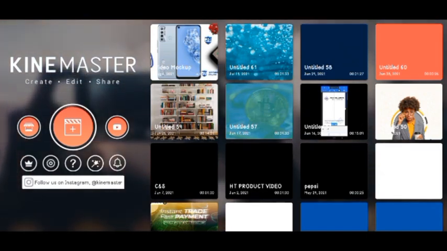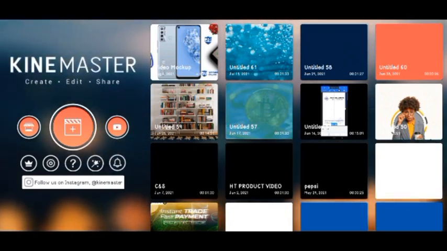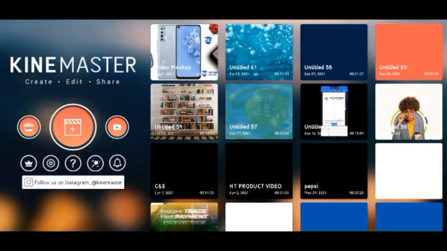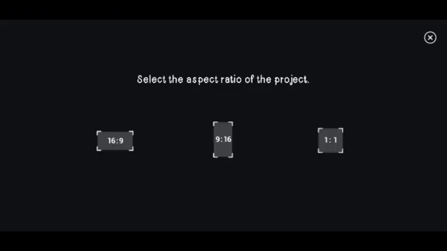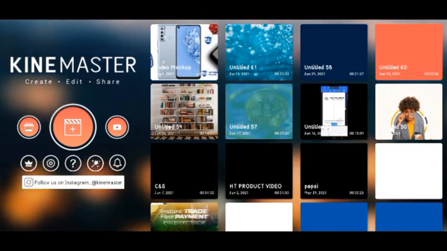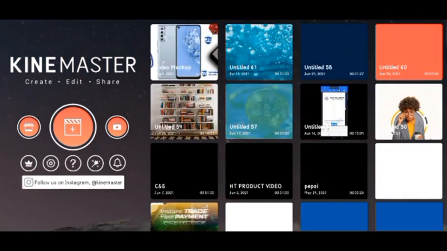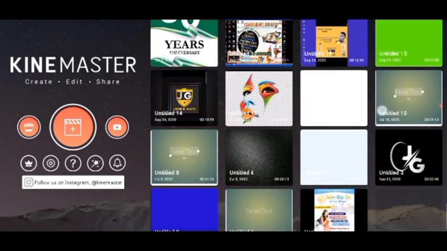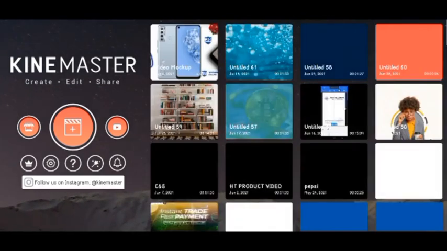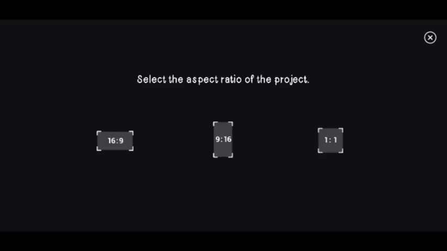So once you open your KineMaster, actually this KineMaster is a pro version, and it removes every other limit. Once you install your KineMaster either from Play Store or wherever you're getting it, it's going to show you this, but not all of the stuff you are seeing here, because these are my past projects. Since you are new to KineMaster, it's just going to be blank. All you have to do is click on this plus icon here,